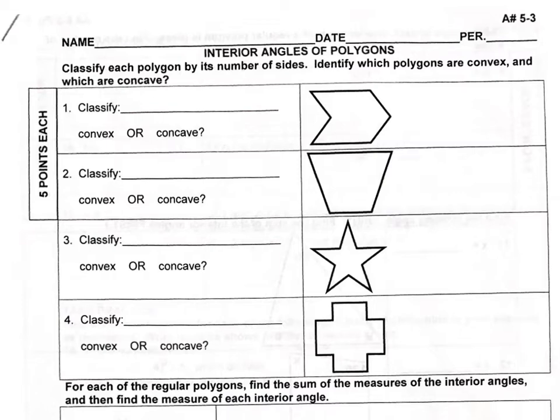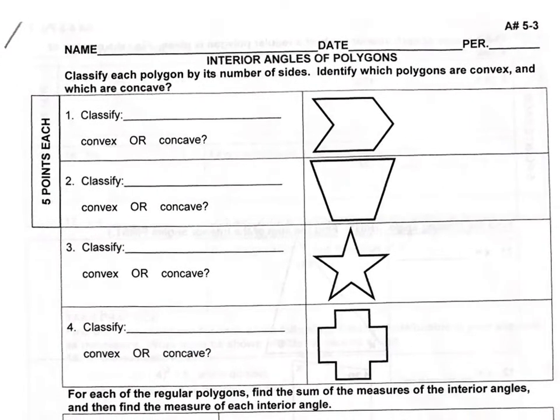The first thing you're supposed to do is to classify each polygon by its number of sides. So on your notes, I gave you the number of sides and I told you what each polygon was called. And then I told you that a polygon was a closed figure and it could not overlap. So in order for it to be convex, it had to have lines that went outside, and for it to be concave, the lines would go inside. So if you look right here,